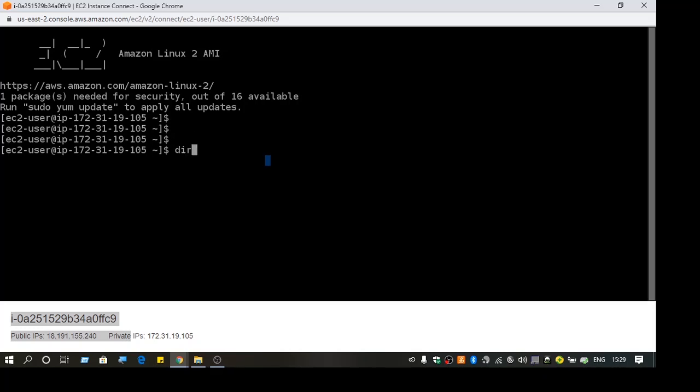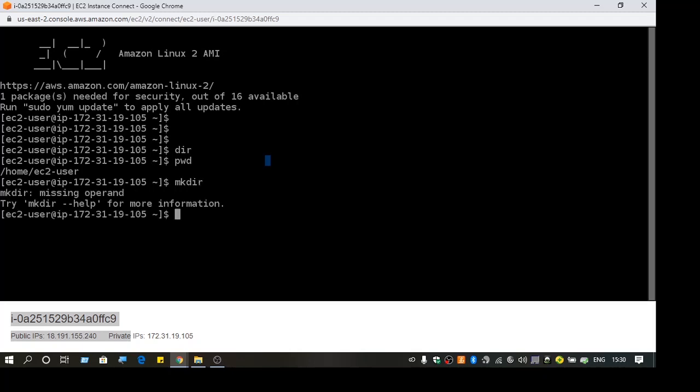So let's check out some commands. pwd is working, so yeah, it's like a Linux machine. Let's create a folder and let's put some files and let's start a server. Let's start a Node.js server in this instance. So let me do that.